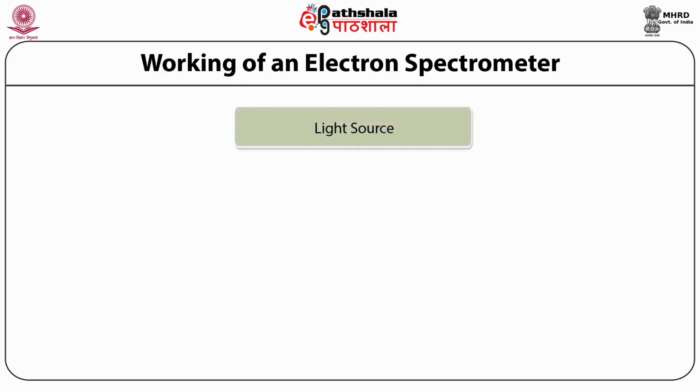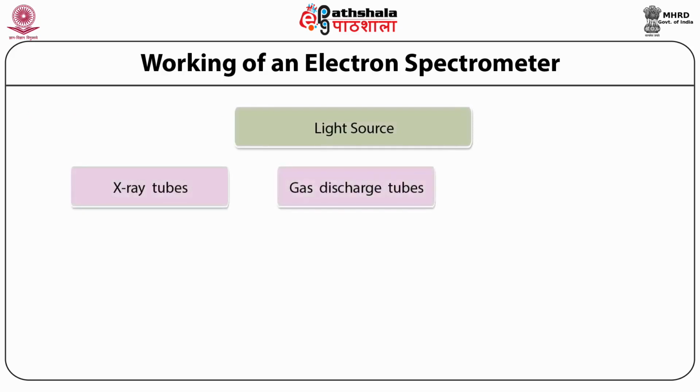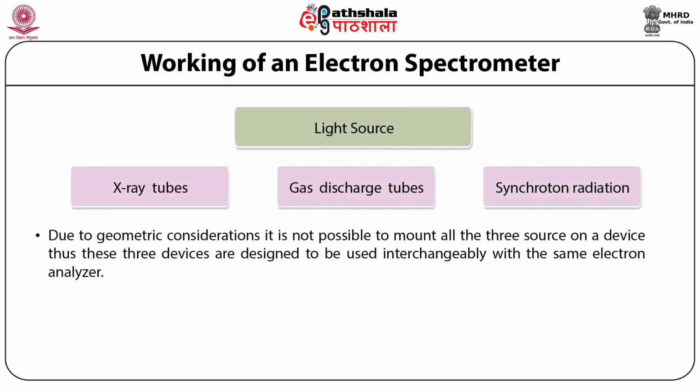Light sources. These could be X-ray tubes, gas discharge tubes, or synchrotron radiation. Due to geometric considerations, it is not possible to mount all three sources on a device. Thus, these devices are designed to be used interchangeably with the same electron analyzer. While many components of instruments used in PES are common to both UPS and XPS, the radiation sources are one area of distinct differentiation. The radiation source of UPS is a gas discharge lamp,